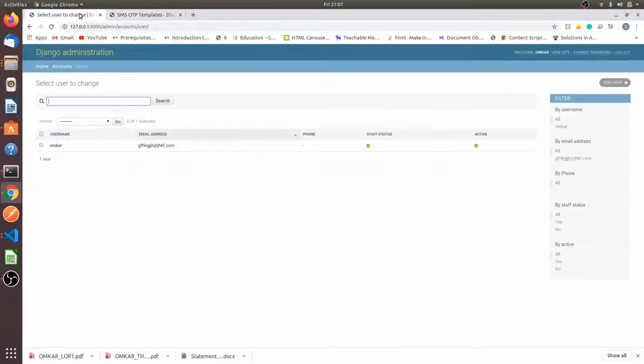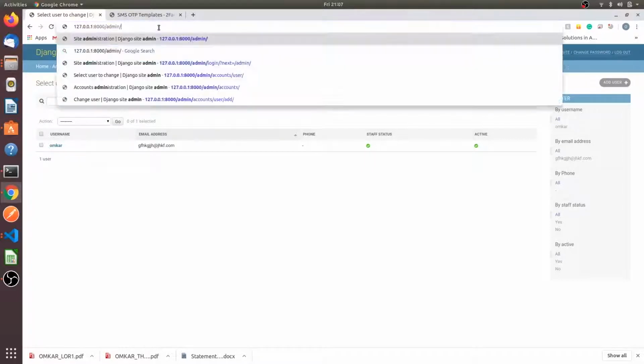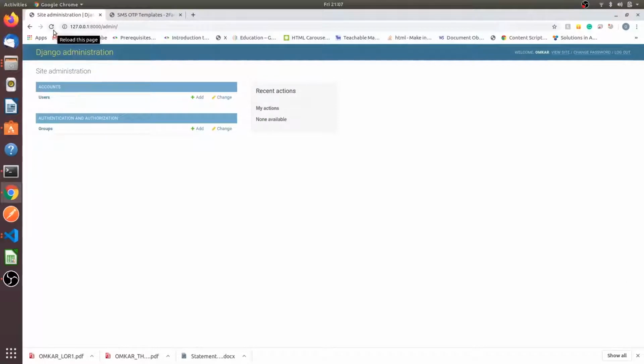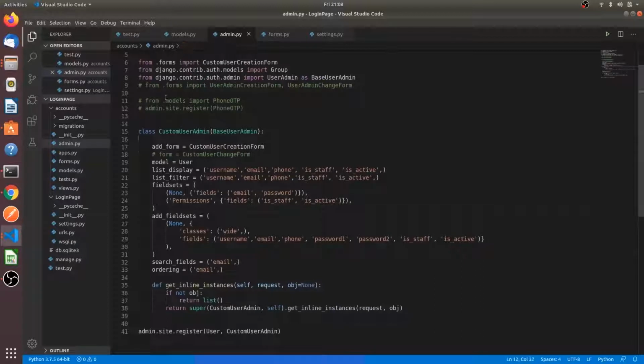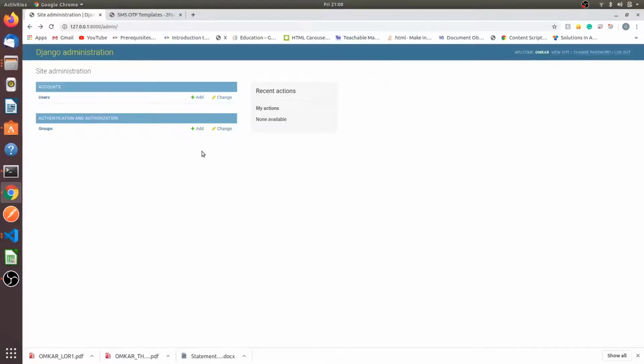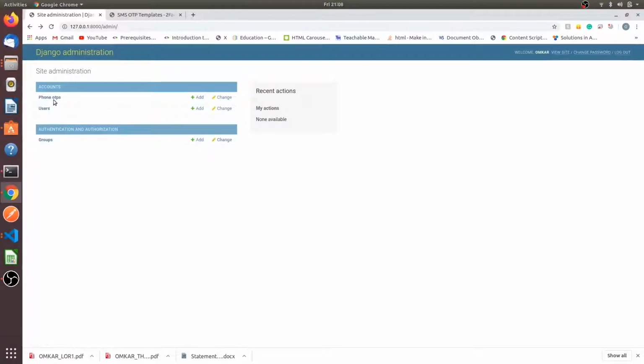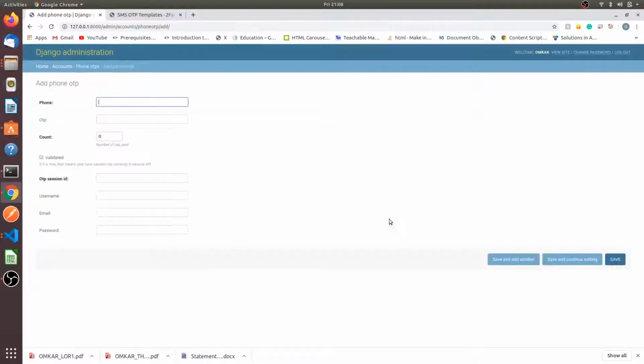Once I will check what is happening. It would be better if you run your code and check what is happening. If something is wrong, debug it right now. If there is an error and you go on doing the work, it would be difficult to debug your error again. So I'm going to admin. So here I cannot see. We have to register the OTPs in the admin panel, also the admin interface. We have to uncomment these things. So I'm uncommenting. Yeah, now you can see you'll be getting this. I'll refresh. Yeah, you can see a new field named phone OTP has been created. So here I can just create the OTP and delete and save them. So I'm not doing that for now.